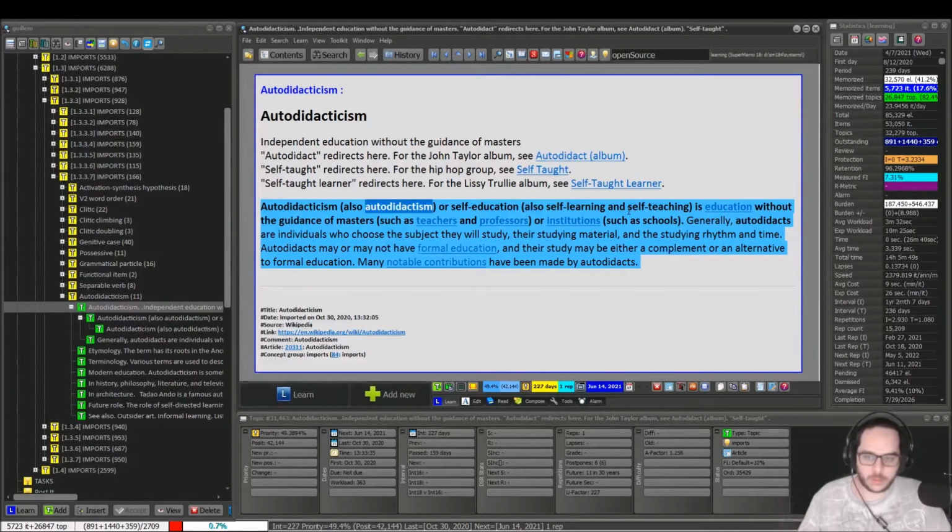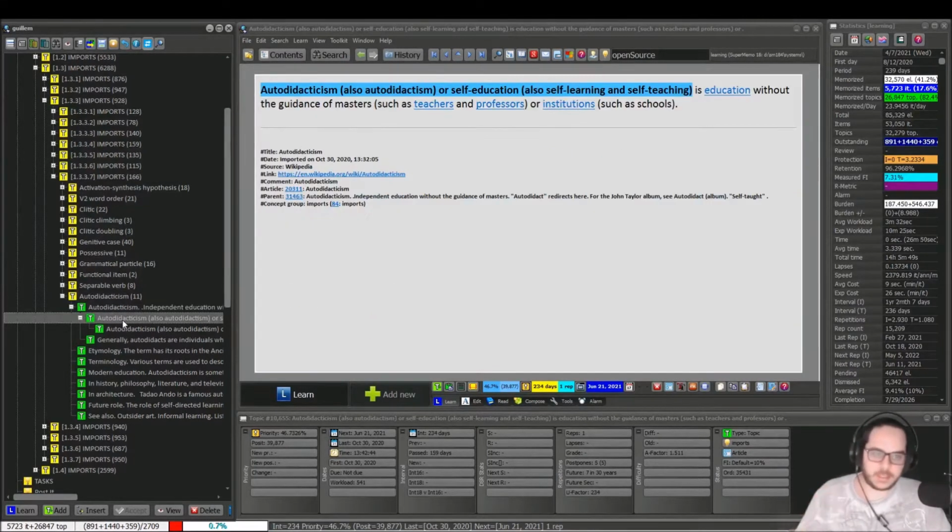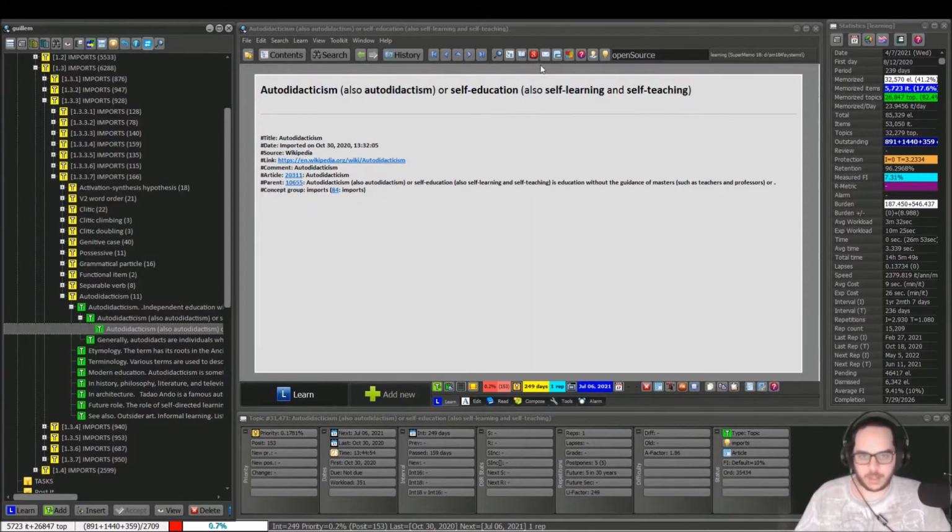So what I want to do, since it's very high priority for me, is memorize what other names it has. So I create the extract, and within this I made another extract, and this is where the high priority is. So this will be an example for creating duplicates. Instead of creating a new topic or a new item and copy pasting, you can do